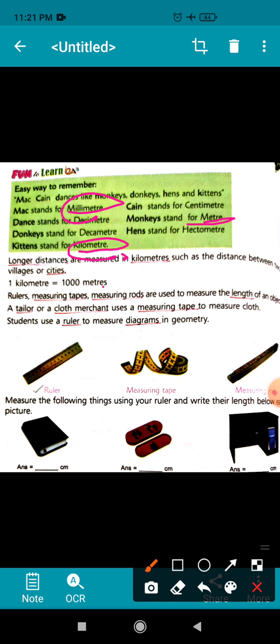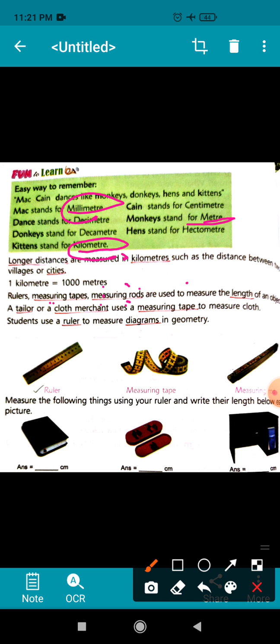Okay, so longer distances like the distance between two cities are measured in kilometer, and 1 kilometer is equal to 1000 meters. It means 1 kilometer can be divided into 1000 equal parts, then each part is known as a meter. Okay,